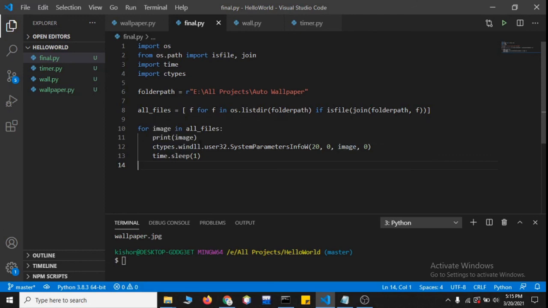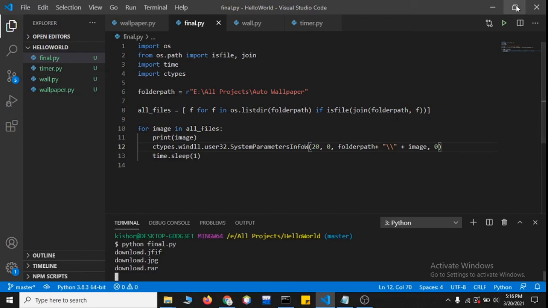So instead what we can do is folder path, plus the slash, and then plus the image. So this is going to give, okay, the double slash, one is for the escape sequence. Sorry, I forgot. Fine, so now it should perform the way we want it to.